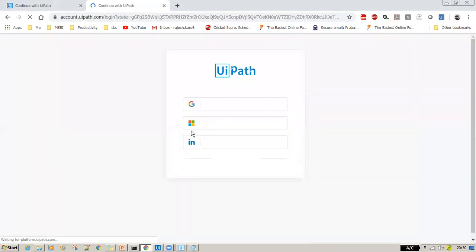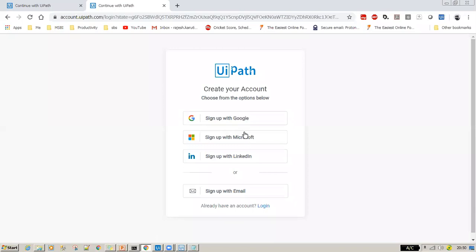Once you navigate to that URL, just say sign up for the first time. It has an option of signing in with either your Google account or Microsoft account, or you can use any of your emails. It will ask for basic information: your name, your organization, and for what purpose. Just mention that. Indirectly, you're becoming a tenant. The process of registration to an orchestrator URL is called tenancy.